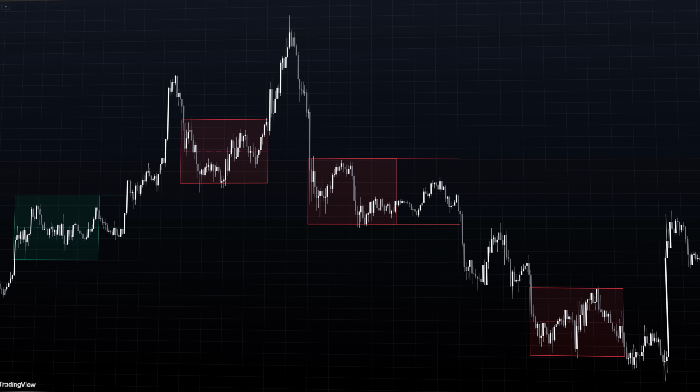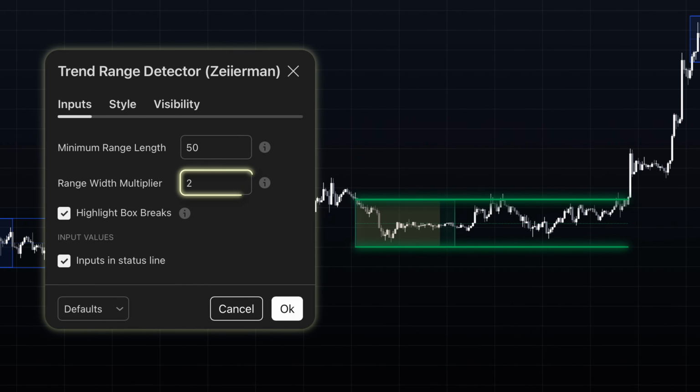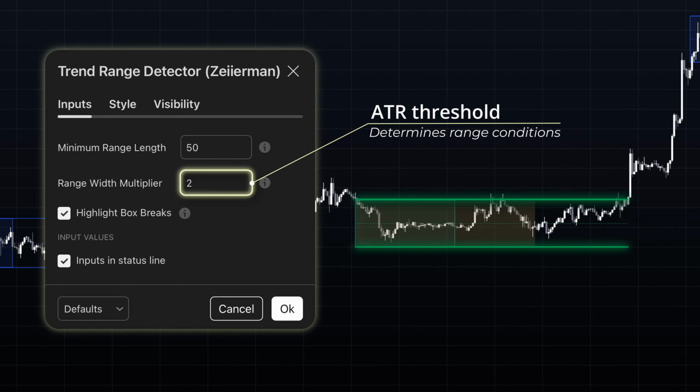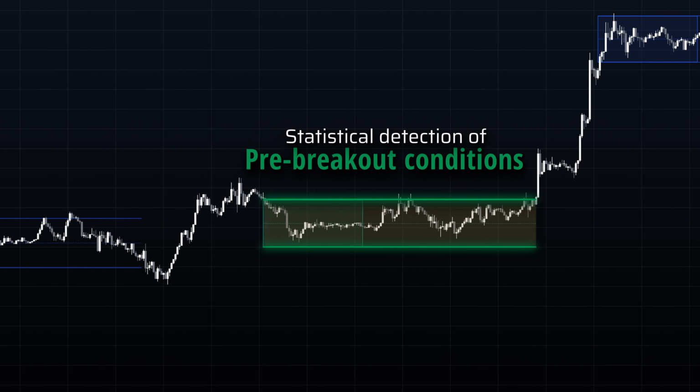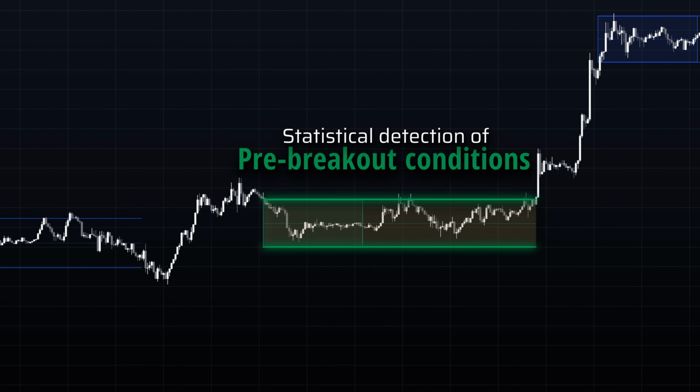all bars equally. Range detection occurs when the maximum distance between any closing price and the weighted average over the look-back period falls below the ATR base threshold. This creates a statistical measure of whether recent price action represents normal volatility or contracted consolidation that might precede directional